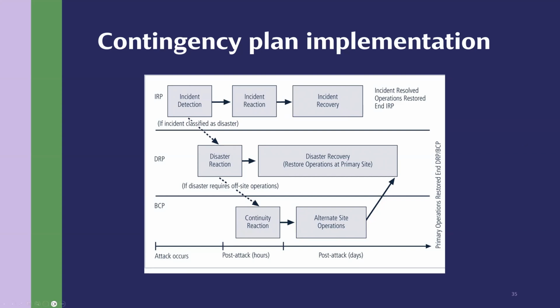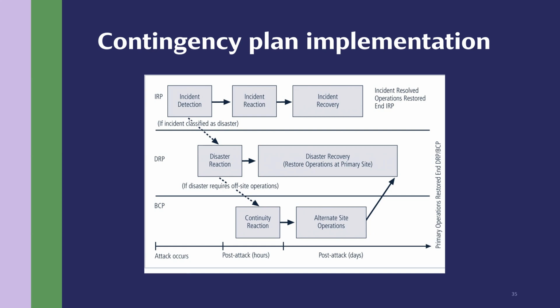what this is all about: IRP, DRP, and BCP. So if you see on the top, we have this IRP, and IRP starts with incident detection, then you react, and finally you perform certain steps to recover. So once the incident is resolved, operation is restored and IRP is ended. However, if the incident is classified as a disaster, then we move from IRP to DRP, where the disaster reaction team performs certain procedures at the same operation site, and